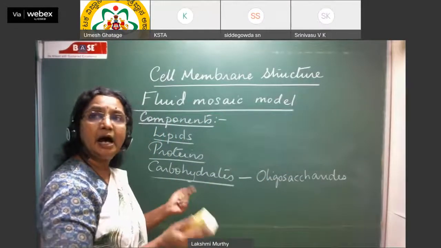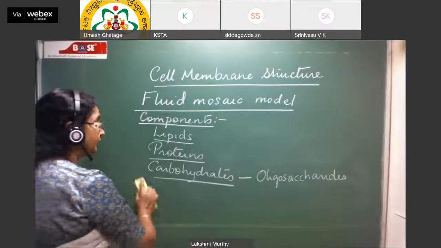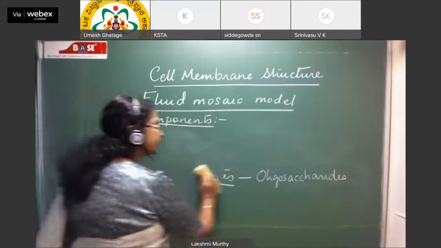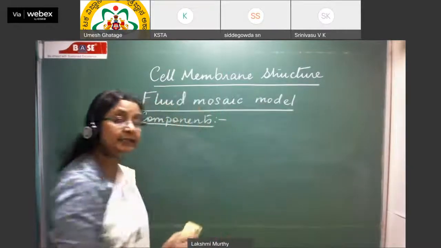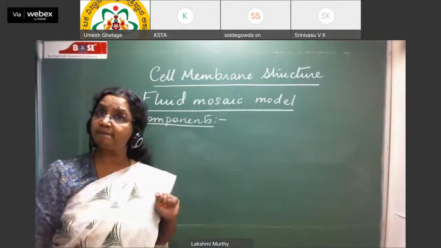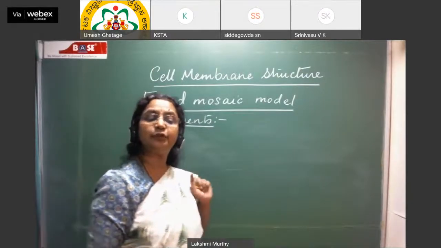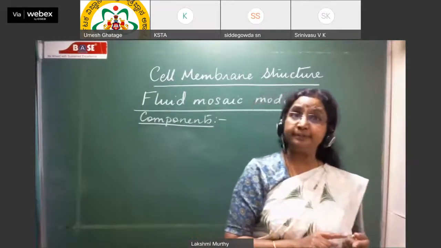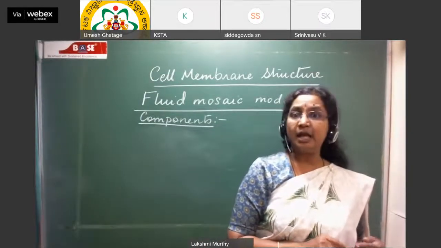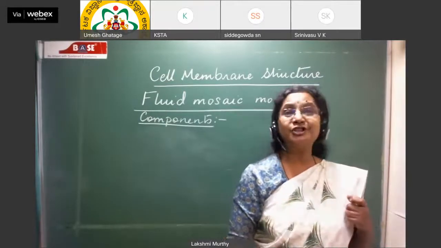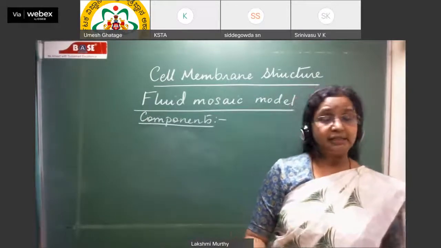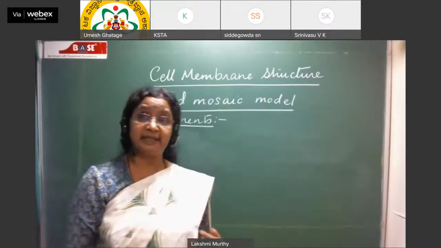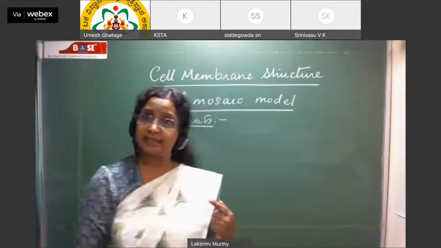Now let us see how to assemble them together. Now going ahead, as I said, qualitative analysis gave Singer and Nicolson an idea as to what is present. Right? For example, I know that if I have to make dosa batter, I have to have rice. I know I have to have some dal, some methi seeds, etc. I must also know what is the proportion to have, right? So when Singer and Nicolson and the team conducted quantitative analysis, how much of lipids are present, how much